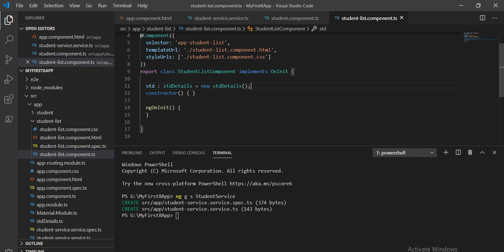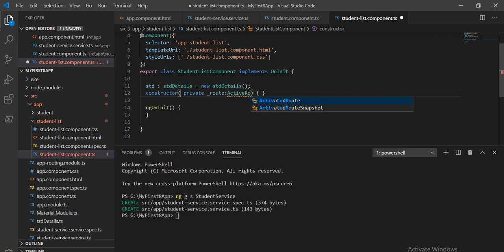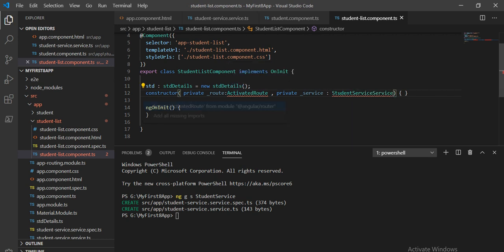And in this constructor I will take variables, first a private route, and the type of this is ActivatedRoute, as we have seen in previous tutorials. Then another variable for the service, because we are going to call the function based on the ID, and this type will be the student service. Let's import these two first.